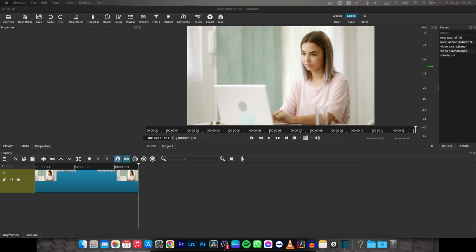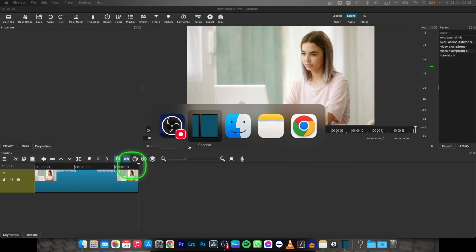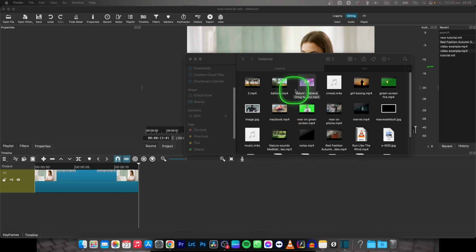Hey guys, my name is Elijah, and in today's tutorial I will show you how to add an audio track in Shotcut. It's very simple. Have you ever run into this problem where you just want to add your music to